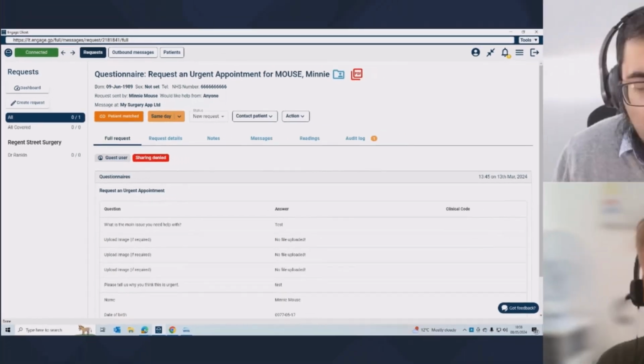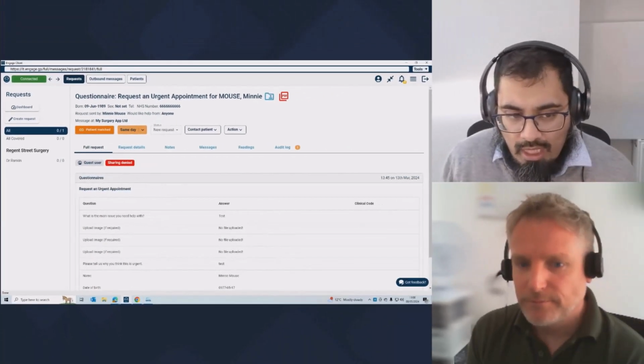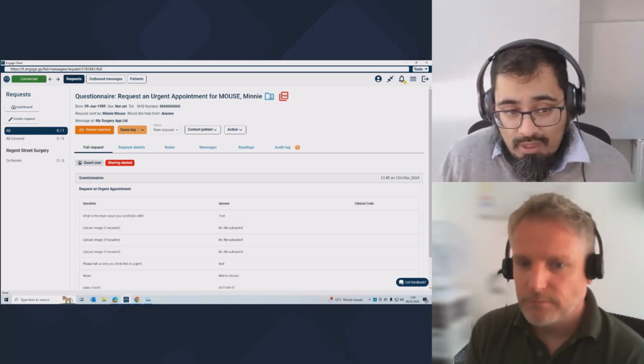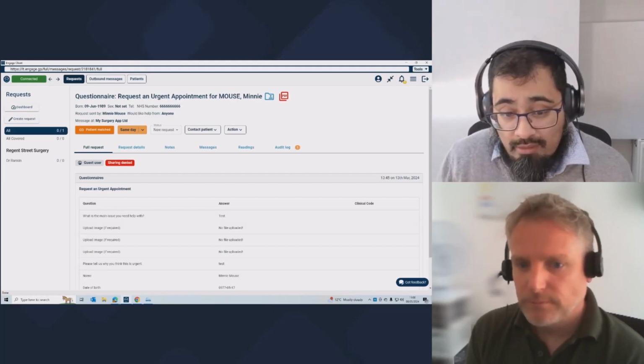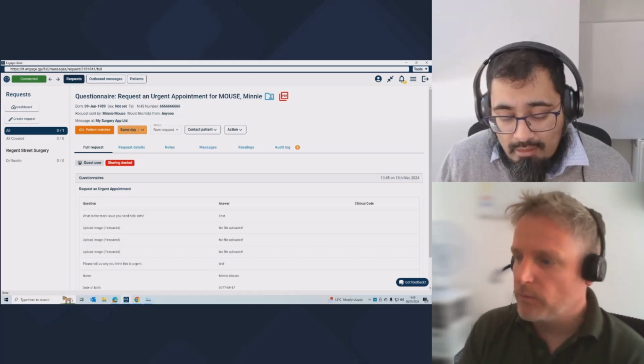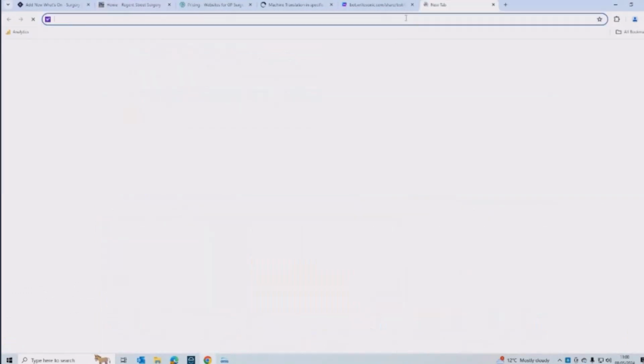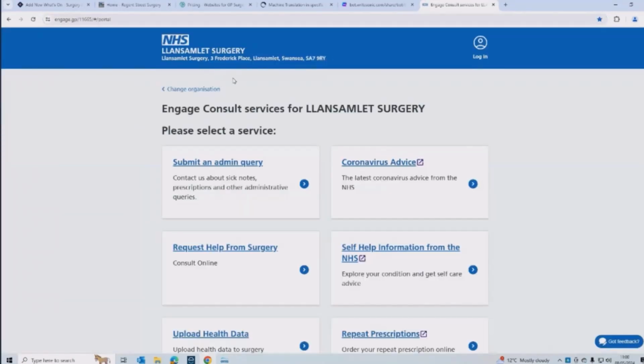Okay, so this uses the Engage Health Consult platform to support the practices along with the forms that you yourself have created as part of the Primary Care Online platform. Is that correct? Yeah. So they've got two options really. We can either use our form builder, or they can have the entire Engage platform where we just link to